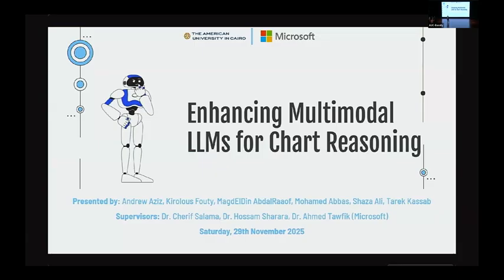Good afternoon, everyone. Today, my group and I are going to show you our progress on making multimodal large language models understand charts better. Multimodal large language models, or MLLMs for short, you might be asking yourself,